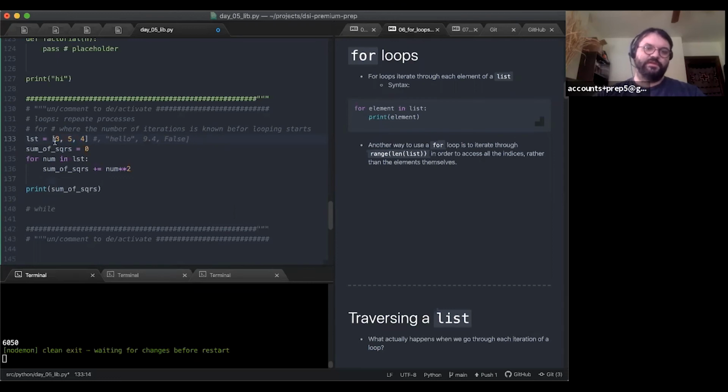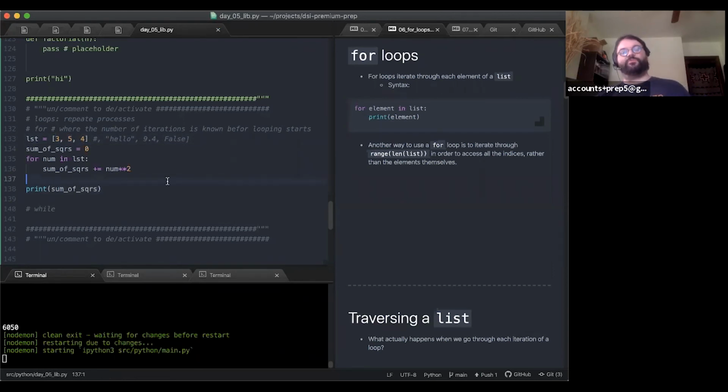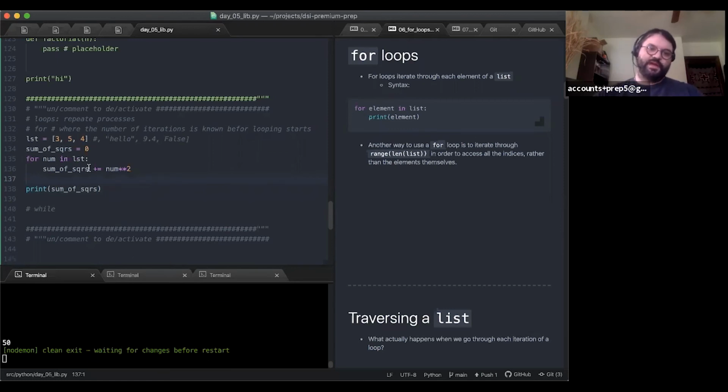Let's do, so 3 squared is 9, 5 squared is 25, 4 squared is 16. So that'll give us something more relatable. So that's going to be 50, because 9 plus 25 plus 16 is 50. Cool. So this is a basic sum accumulator.